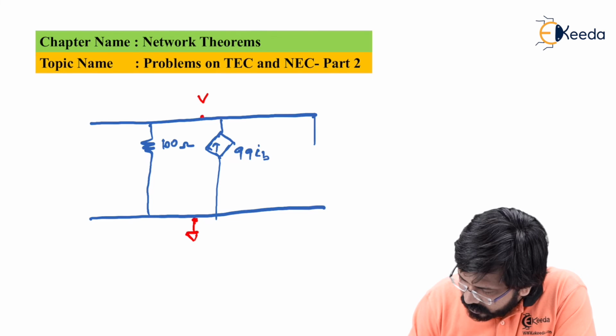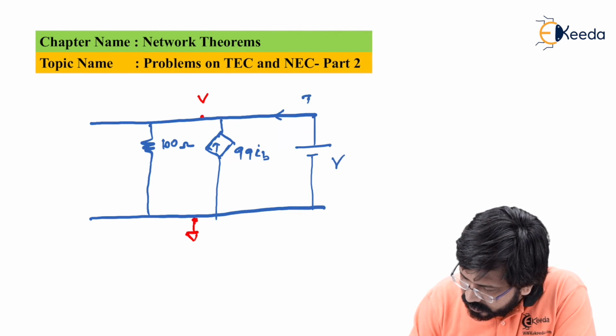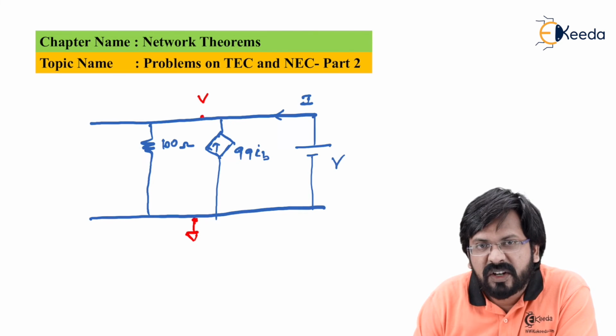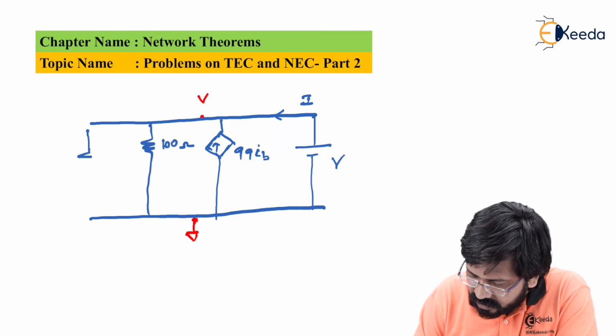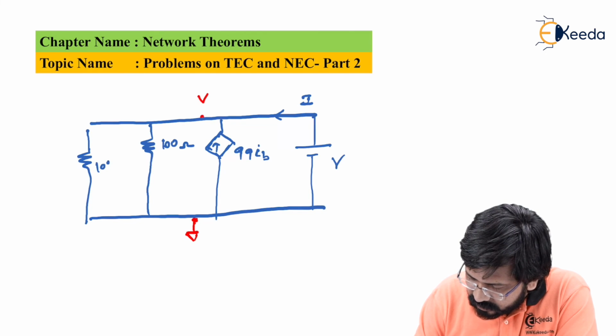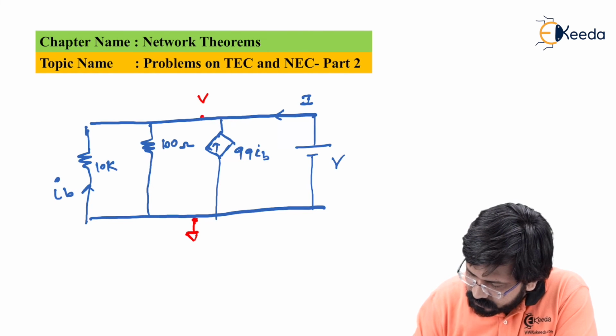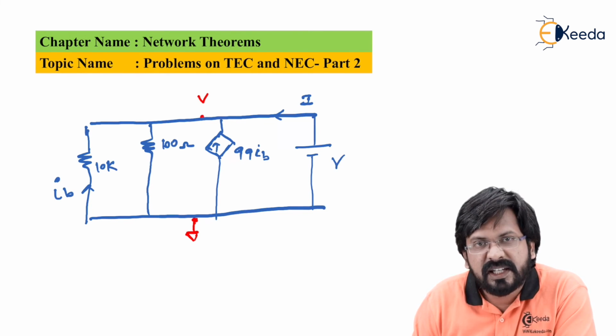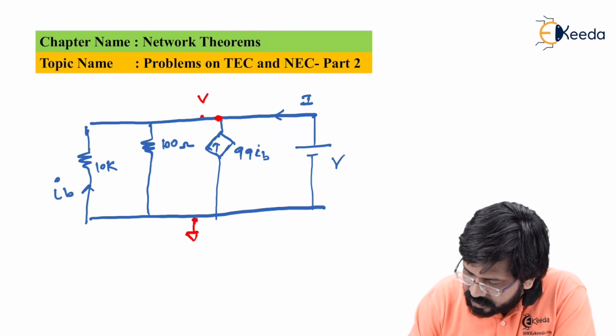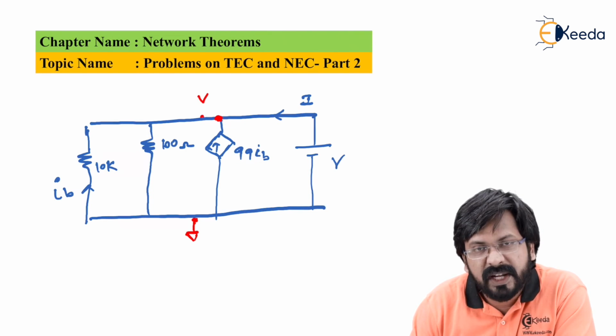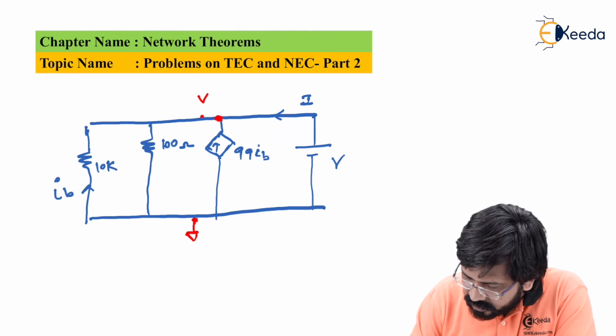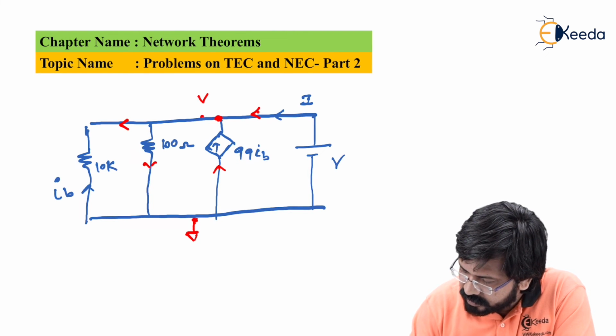Then we have a voltage source V which we have applied. The source current is I. Along with that, we had 2 more resistors, 9K and 1K, connected in series. Effectively, it has become 10K, through which current IB is flowing. Let us apply KCL at this node. Considering this node as V, on which we will apply KCL, take all currents as outgoing. And this is current I, which is incoming.